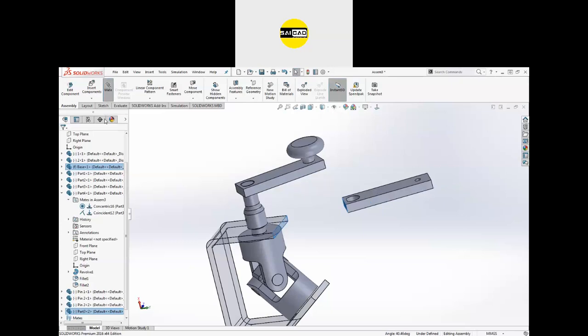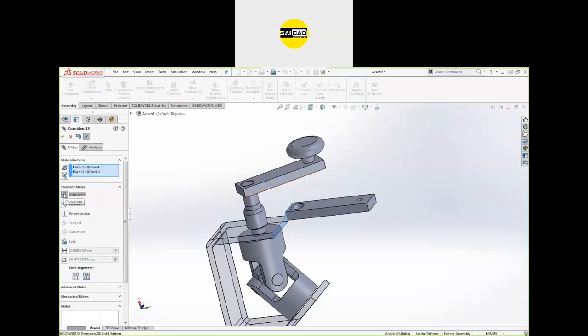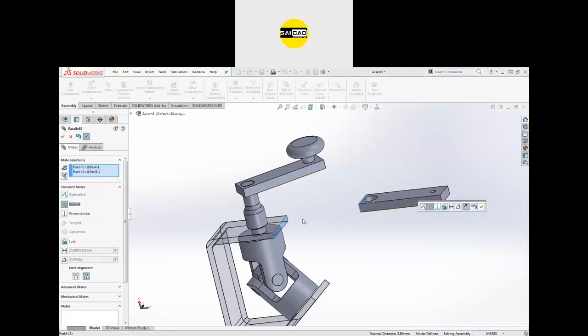Going to select the mate from here. You can see this is the coincident. If you select the parallel, it can be made movable because the parallel relation is there, but there is no other relation. And if you select the perpendicular, both of the faces will be made perpendicular. You can select the lock, both will be locked at their position. This is not movable now.